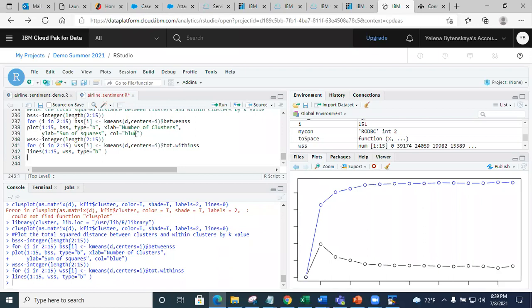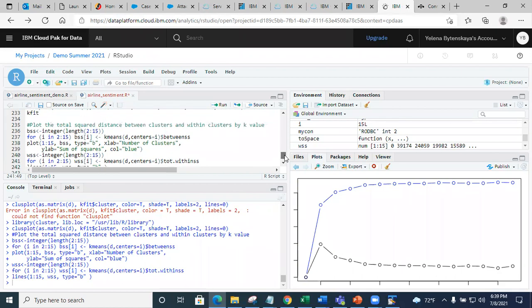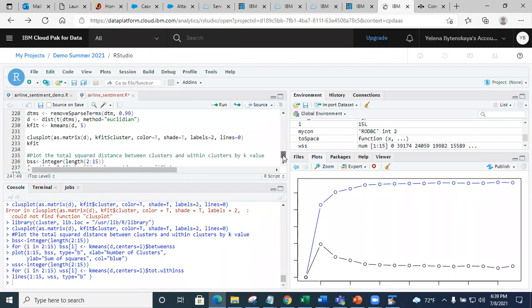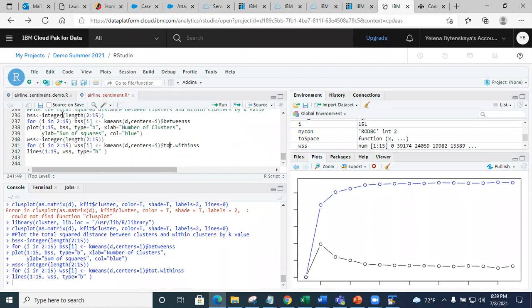You look at the betweenness and withinness, the distances within clusters, between the cluster center and the terms in that cluster, and also the between. If you're doing k-means clustering, you have to do the elbow method. But this is a clustering code that goes for this.